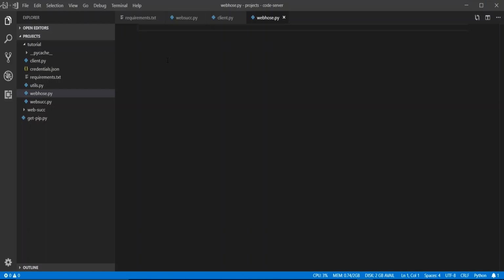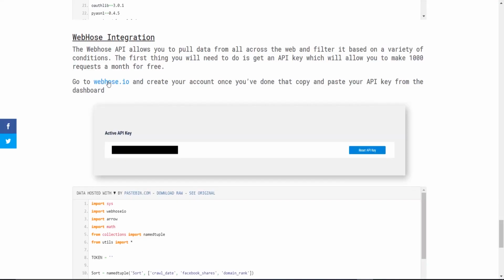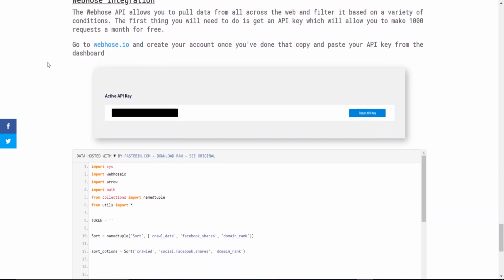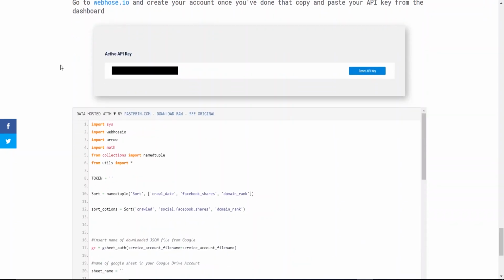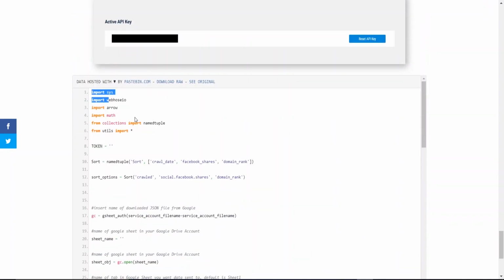So the next thing we're going to do here is set up the WebHose integration. To do that, we're going to go to webhose.io, create your account, and once you've logged in, you can go to your dashboard and you'll see your API key there. All you have to do is copy and paste that and save it somewhere because we'll need it in just a second. Once you've done that, you're just going to scroll down, copy and paste this code,